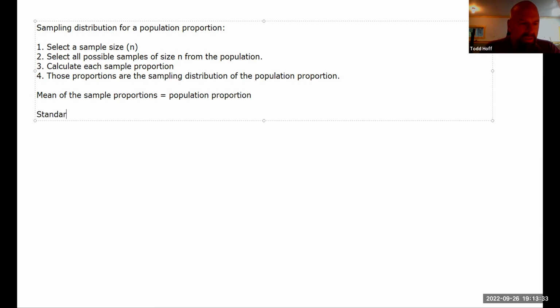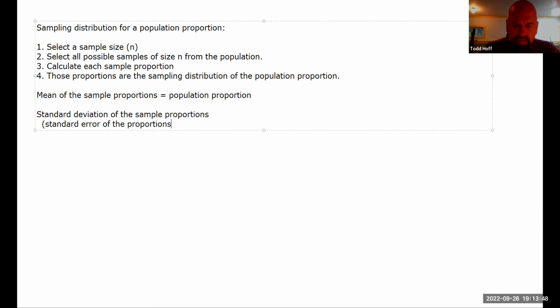The standard deviation of the sample proportions, once again, sometimes referred to as the standard error of the proportions, a little bit more complex here. It's going to equal